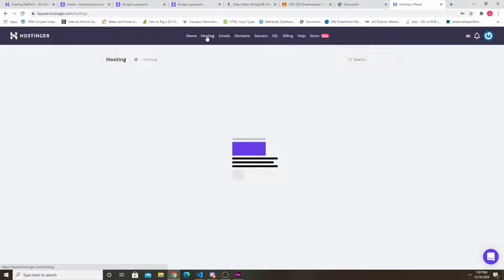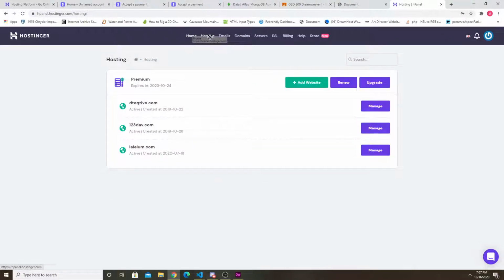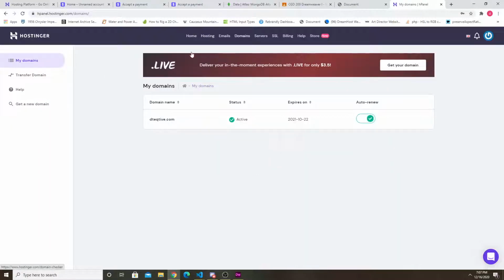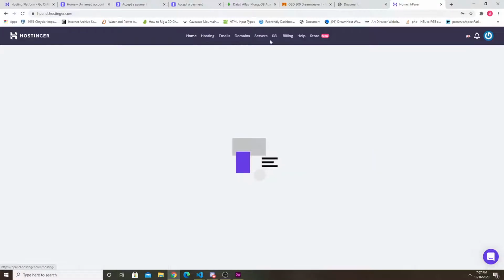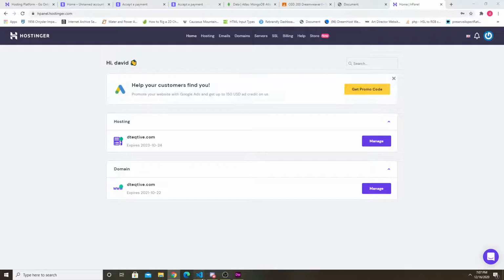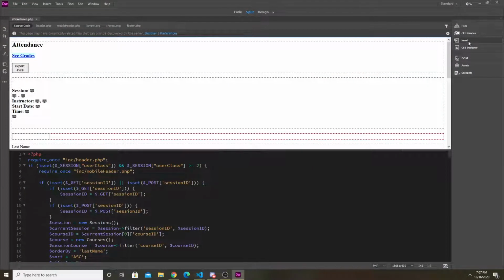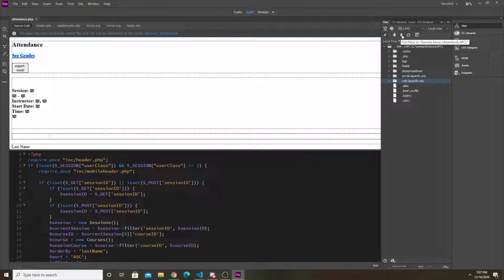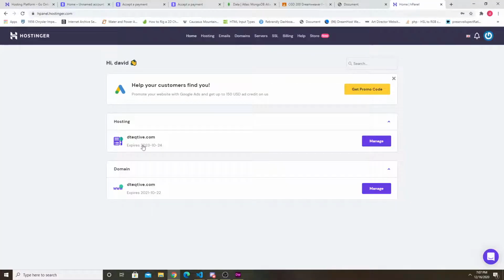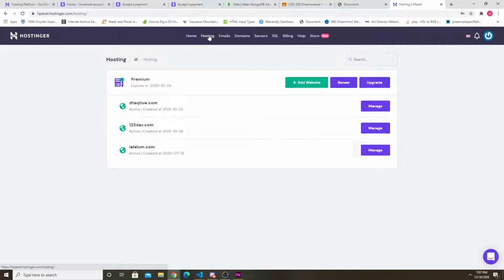So you go here, you got your options for hosting. You could pick domain names. You can get your SSL certificate. And if you wanted to upload files, like I was showing you how you can do it through Dreamweaver by clicking this upload button. If you don't have Dreamweaver, you could go to hosting and then manage something like